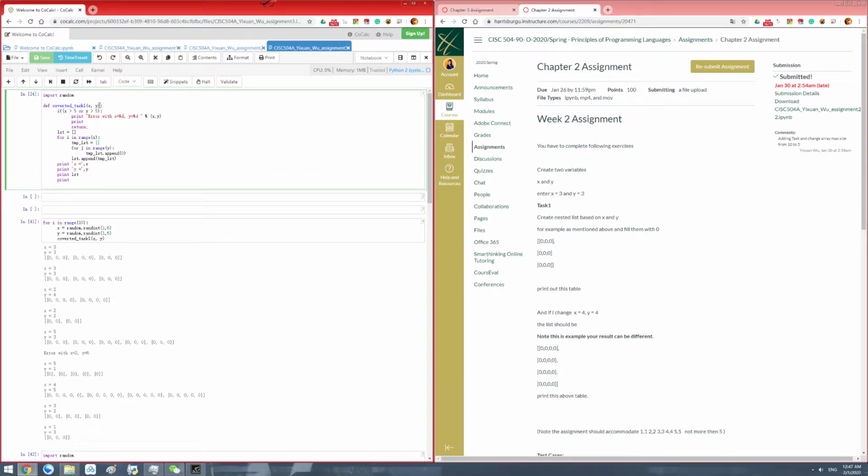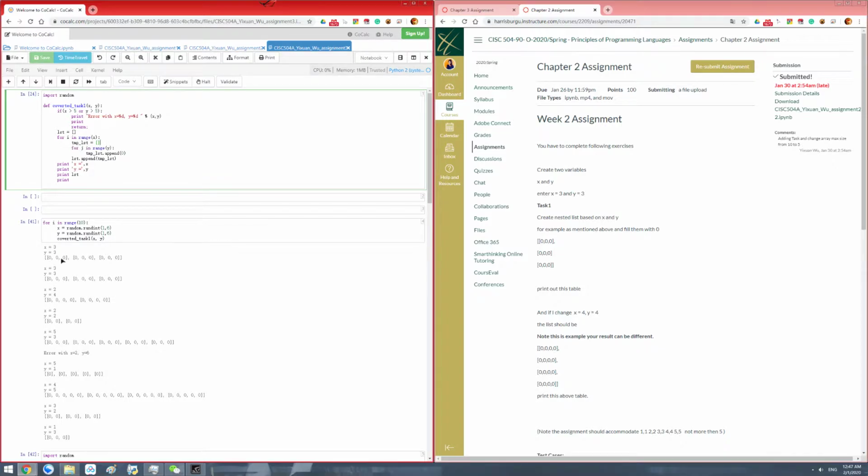I give x and y as a passing value, and I do the check for x and y. If x or y is larger than 5, I will throw an error, and I will return the function to stop the function, and I'll create the list which will hold my nested list, my entire result, and I go through a for loop for x times, and I create a temp list,